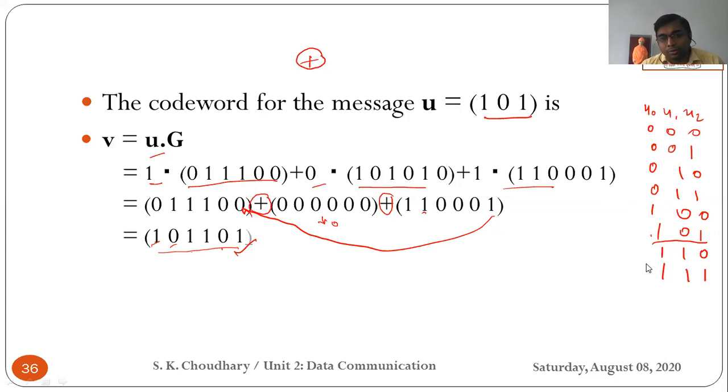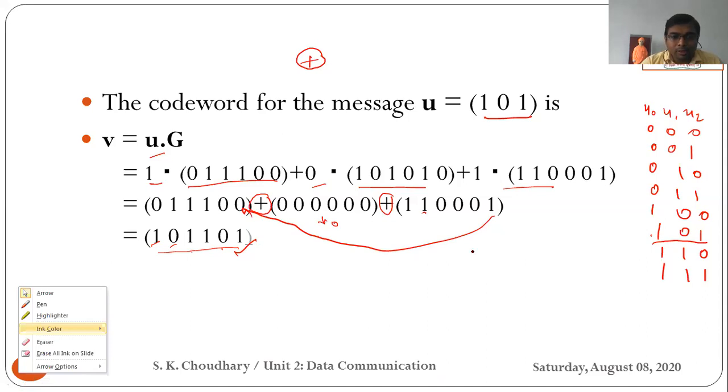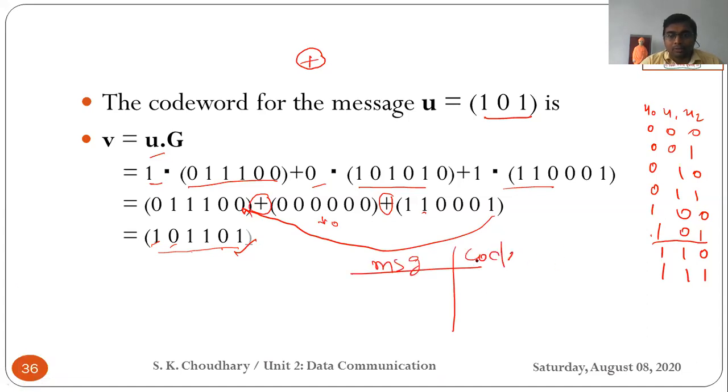You can do this procedure for every message, 000, 001, any, or you can write a table on your own. On one side is the message, and on the other side is the code. In this way you can form the 6-bit code and write a table by yourself. One side has the message, and the other side you write the code words, starting from 000 to 111, with the corresponding code words. I have just taken one example. You can take any number.